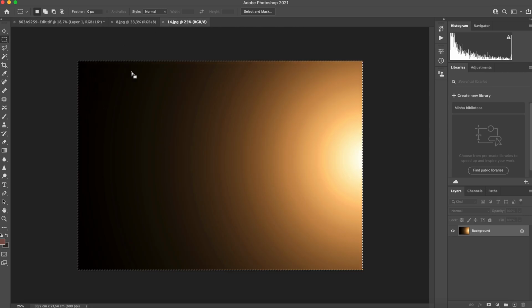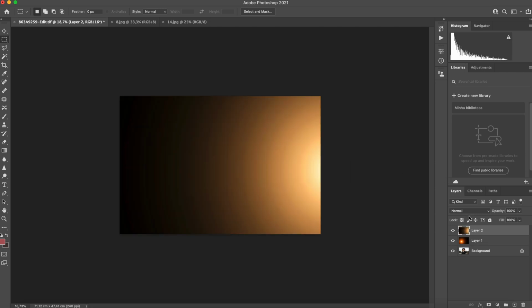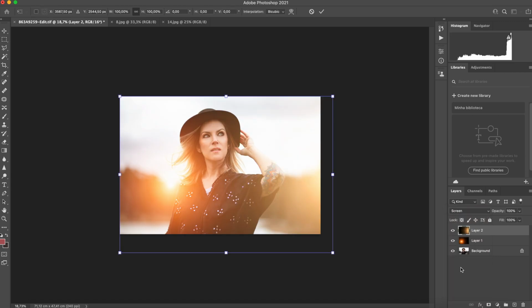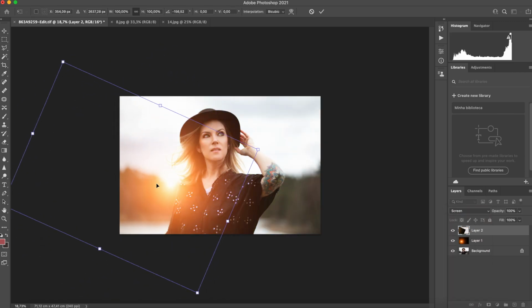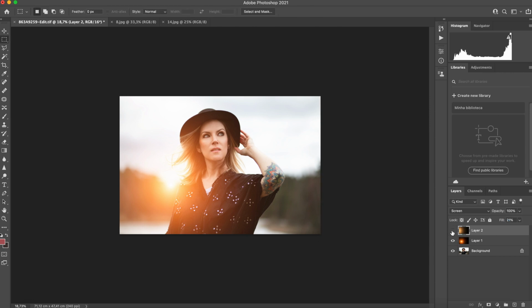You can add a second layer. For example, I separated this one here. Let's try it out. Maybe you want some more light, I don't know. So here, screen again, Command T. Okay, and then I can change the opacity here, so I don't need it to be that bright. Hit enter. I prefer it without this one, but you can play with layers. And yeah, this is it, as simple as that.